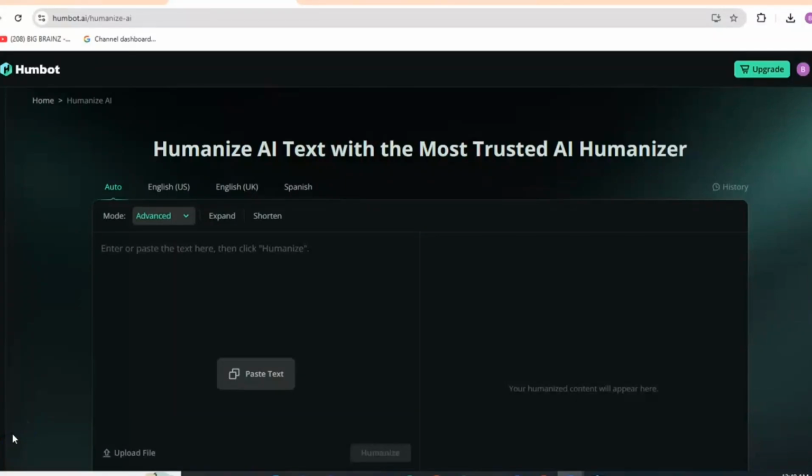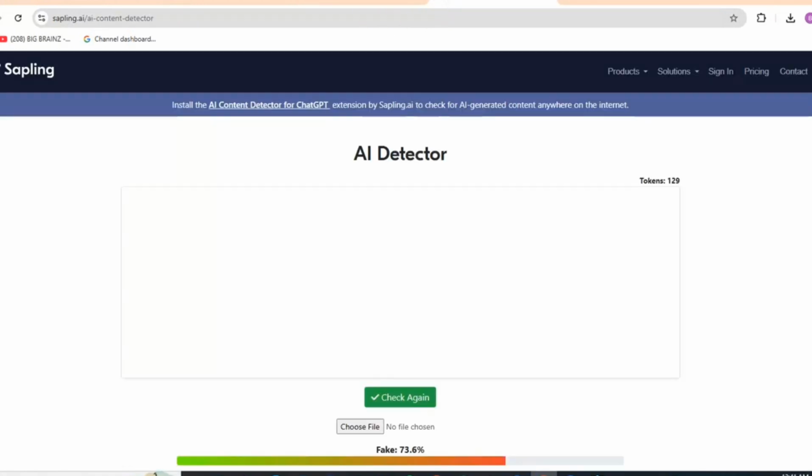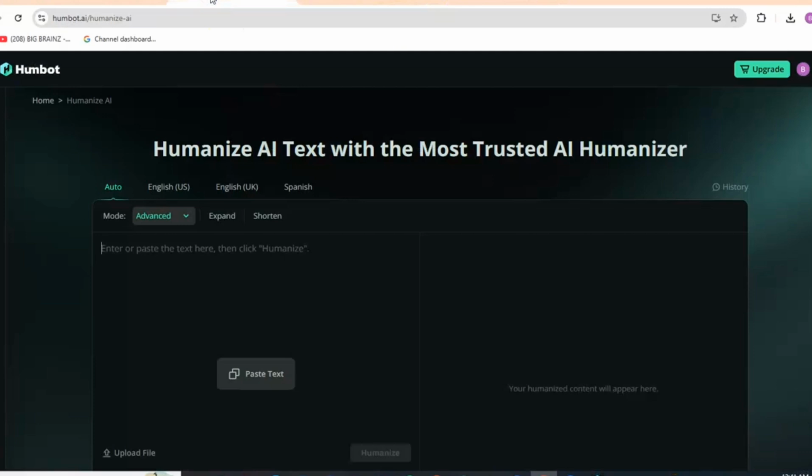So I came across this AI humanizer and I think it's really nice, but then I want to take a face-to-face battle with the AI humanizers and the AI detectors. I'm going to be using GPTZero, ZeroGPT for the testing and also Sapling AI for the testing, guys. So we're going to be using this to know if it can actually beat all these amazing powerful AI